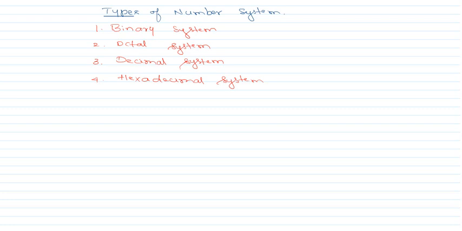Now let us go into detail, one by one, on what these different number systems are. And here we will be talking in a more generalized way of addressing the concepts of addition and subtraction. So when we talk about the binary system, in the binary system, the base value R is given as 2. It's a base 2 system, as we also call it, and the base number is going to be 2 here.